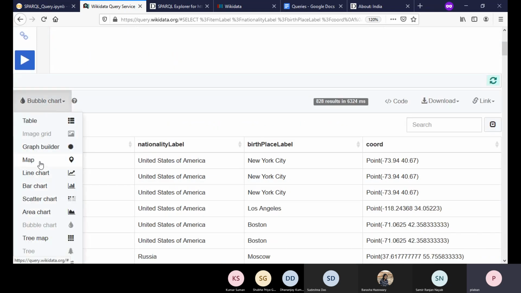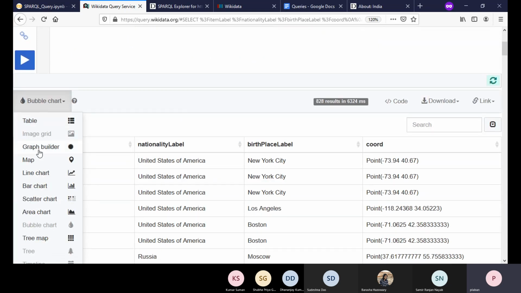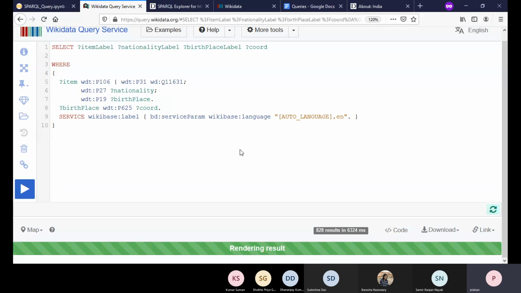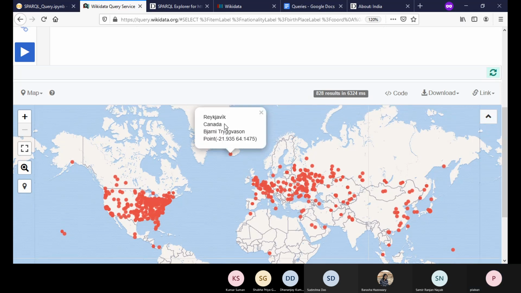Now you can see that the map option has been enabled. So we need to put this coordinate variable here to let the program know that you have a coordinate value, right? So we just say map, and you can see that we are overlaying the data on Wikimap, right? If you click on any data, you see it is talking about some person. You click on any data here, it is talking about a person,